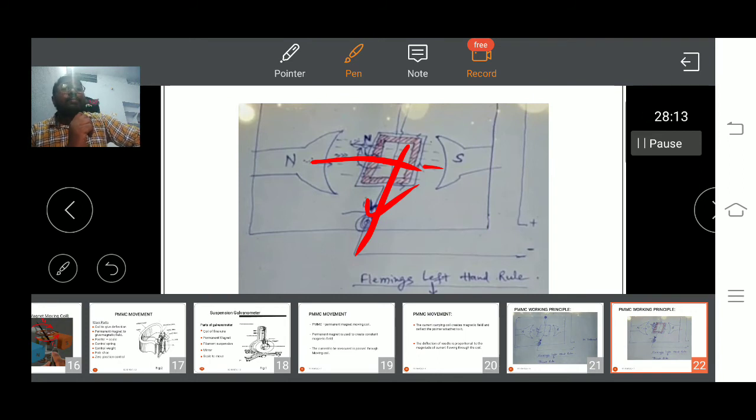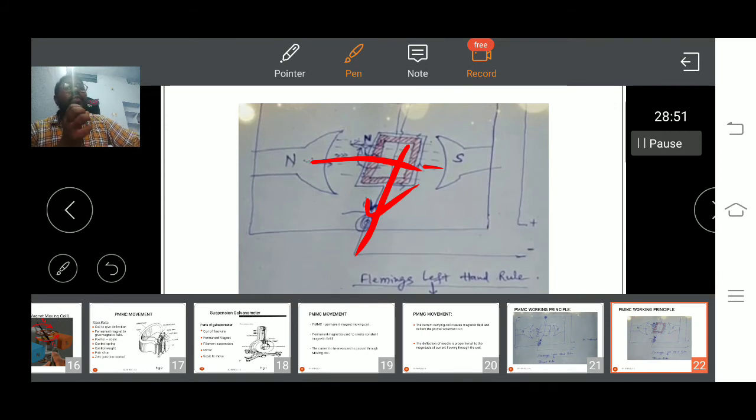This is the working principle of PMMC. The main concept of the working principle of PMMC is the Fleming left hand rule. The motion of the magnetic field is radial to the magnet, the current flows in the coil, and the motion of the coil is in another direction. The three are mutually perpendicular to each other. The coil moves automatically and cuts the magnetic field. Then the force is established due to the presence of the induced EMF.